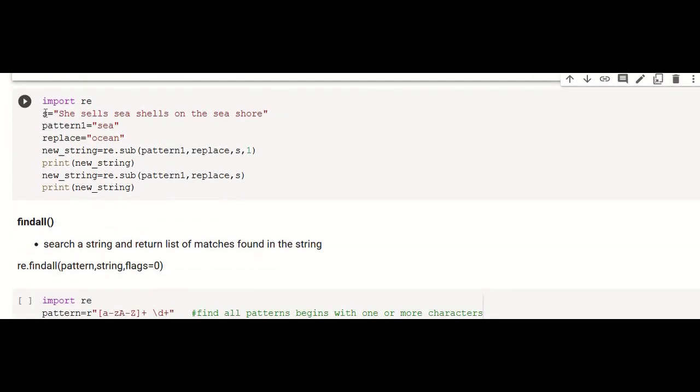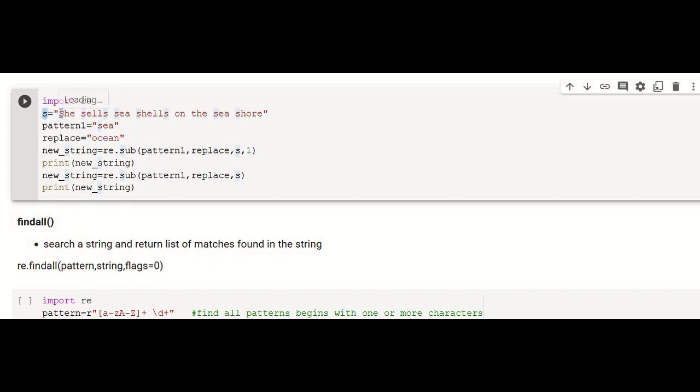And now we have the string s, which contains seashells on the seashore. Pattern1 equal to c, and the string to be replaced with is ocean. That means whenever c occurs in the given string, it has to be replaced with ocean.